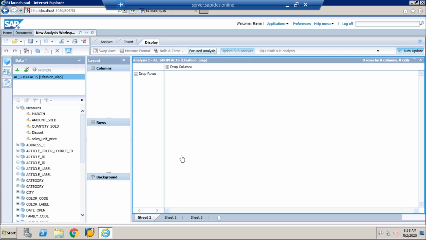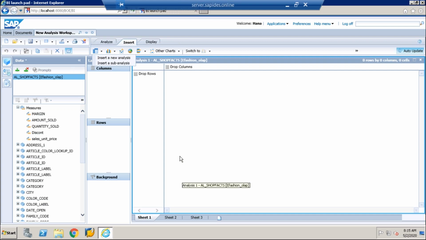Okay, let's just click on here. It will be highlighted, nothing else. Okay, update, the refresh. See, update the sub analysis. So this is one analysis. Here, if you do an insert, so we are inserting a sub analysis. If you take the main analysis, this whole page is called the main analysis.